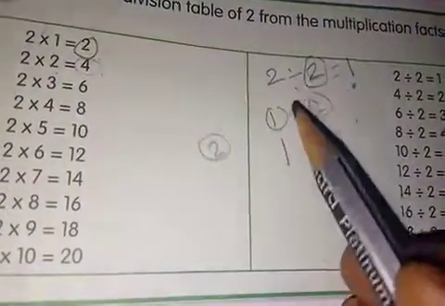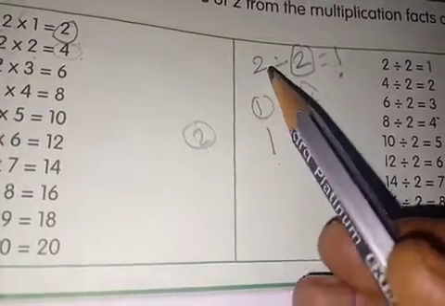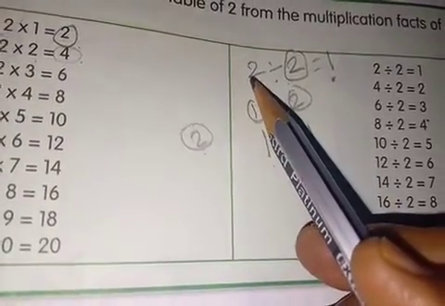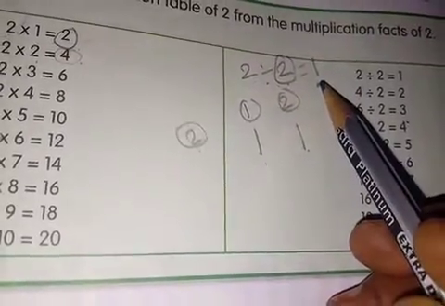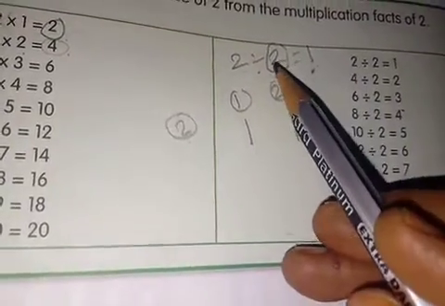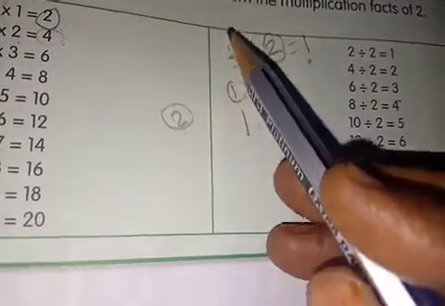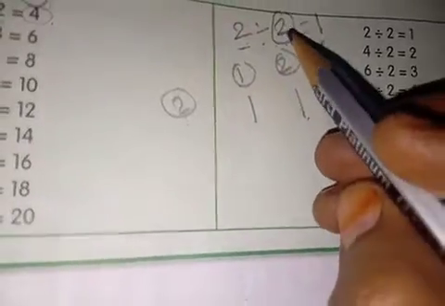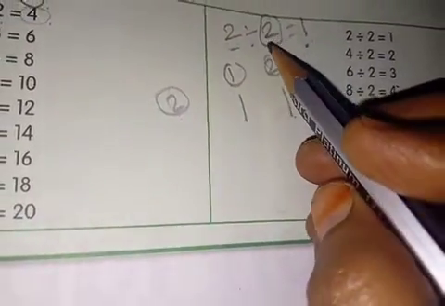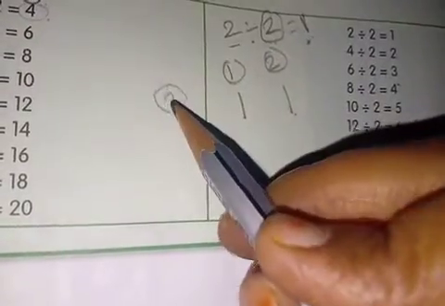Using this multiplication sentence, we did the division sentence, and we are doing the division also. The 2 number is total number of things. This 2 number is number of groups. This is how many things are there in each group. First we have to write the number of groups, 1, 2. How many things do we have to distribute? 2 things for each group. How many times? 1 time. Sorry, this 2 number we distributed 1 time.